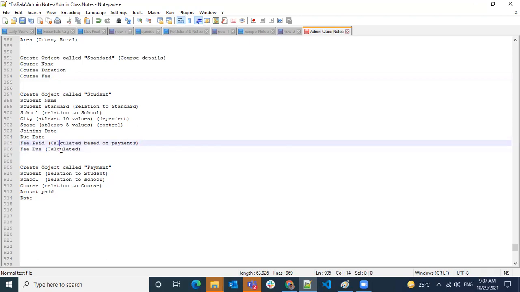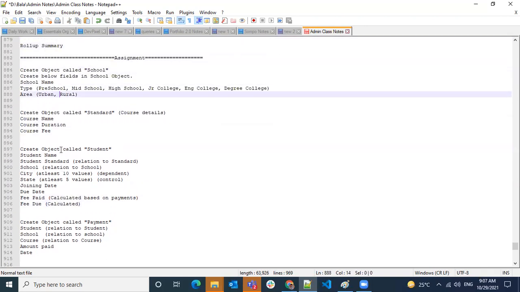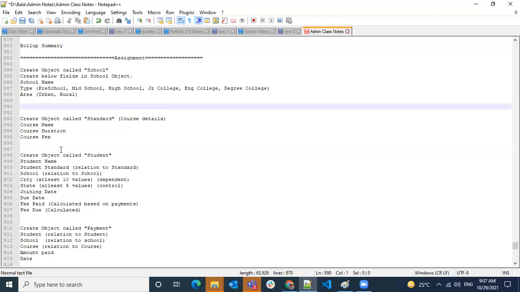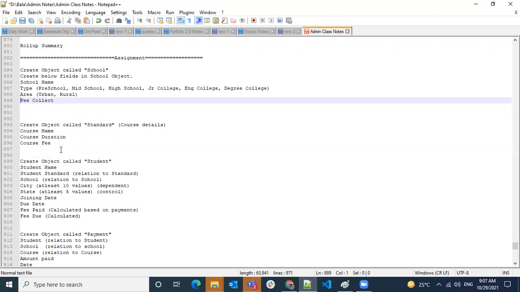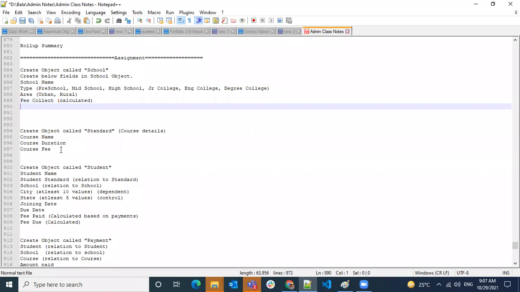Okay, again at a school, here I want to see fee collected. This is also going to be a calculated one, and then student count.